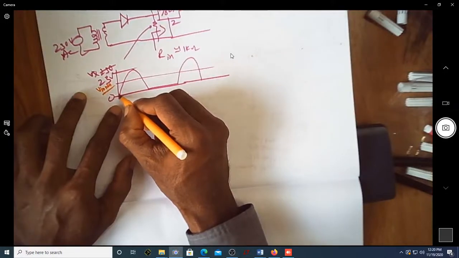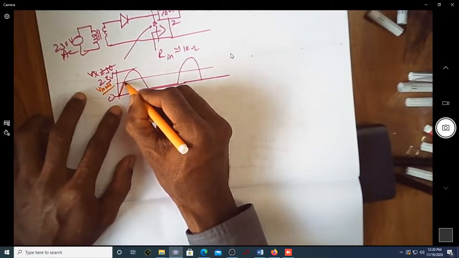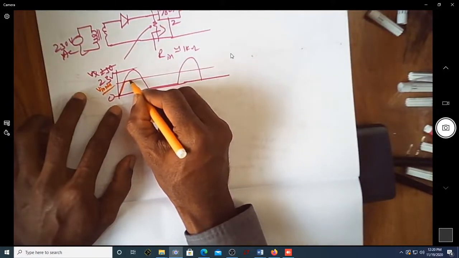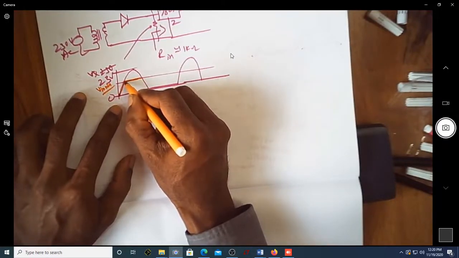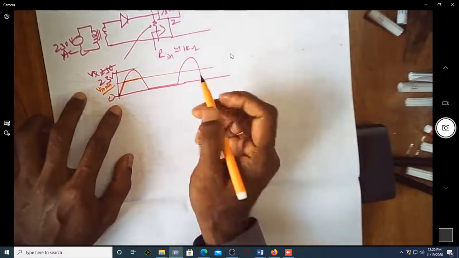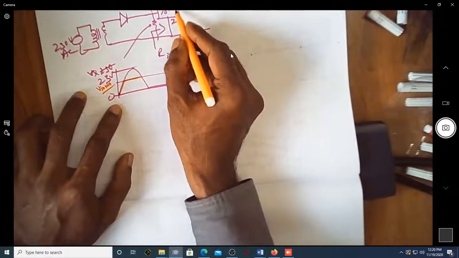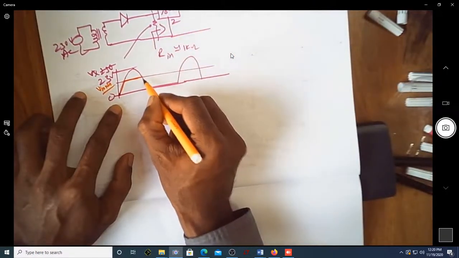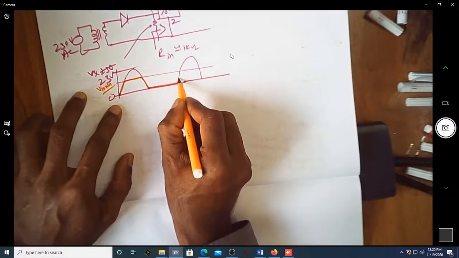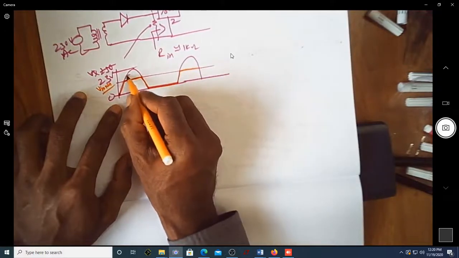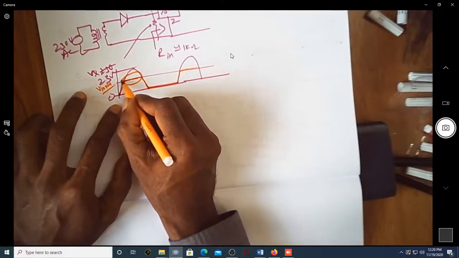Till that point output voltage will be slightly less than input. Afterwards output becomes constant. Why is it becoming constant? It is becoming constant because your input voltage has exceeded that minimum voltage needed to keep the regulator regulating. Now if your input voltage further reduces, then it just comes down. So this is regulated. Here it is following.